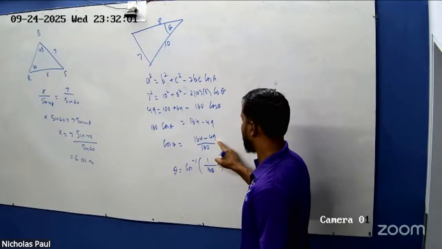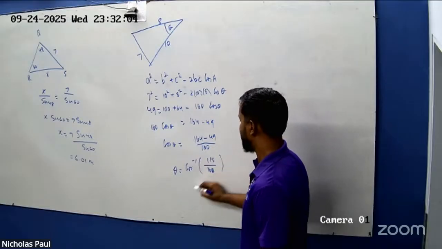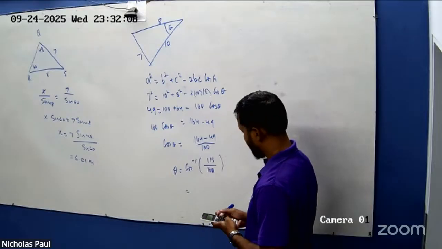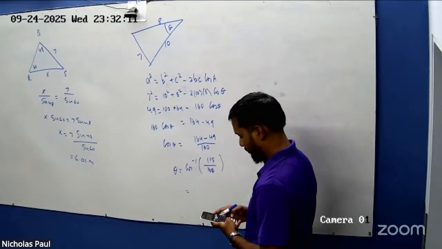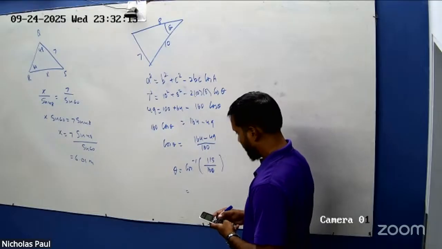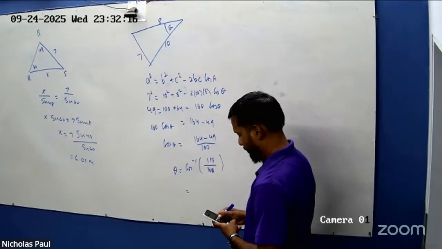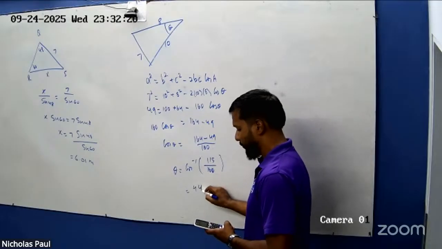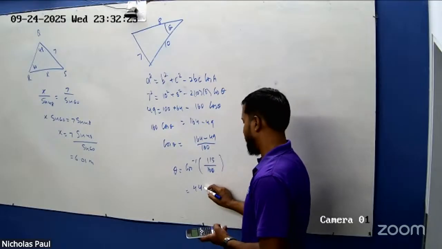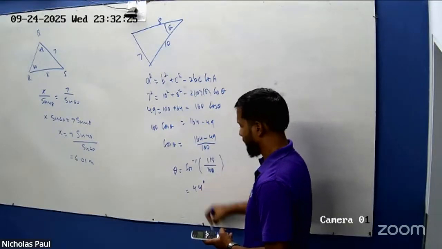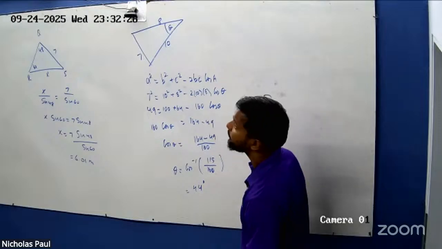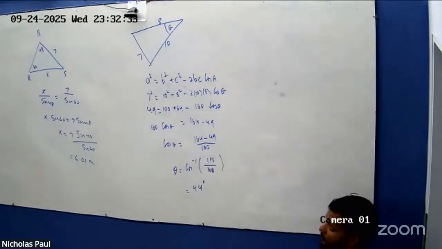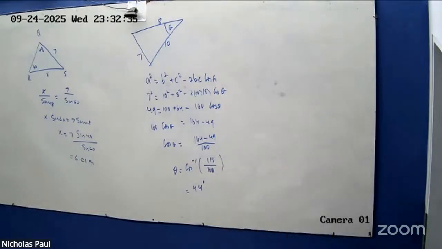This is 115 over 160, so that'll be 44.44 degrees, right? 44 degrees. All right? So that is how we use the sine rule and cosine rule. All right? Your objective now